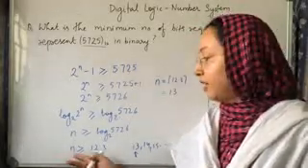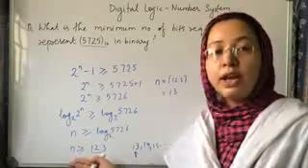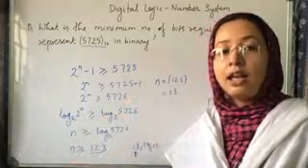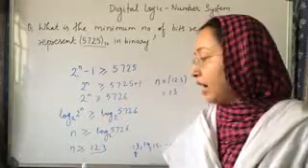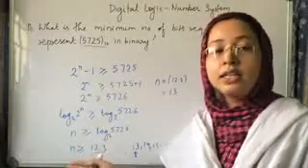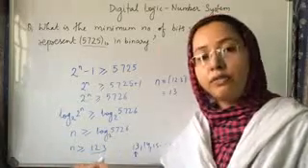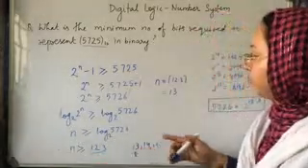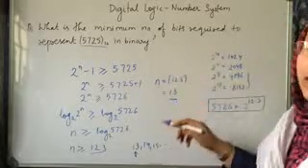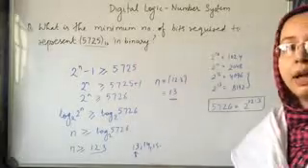Okay, whenever in the question you are given greater than or equal to and you have to find its minimum value, then take the ceil function. And if the question says that n is less than or equal to something, then in that case to find the maximum value, take the floor function. Okay, so for this question your answer is 13. This is the minimum number of bits required to represent this number in binary.